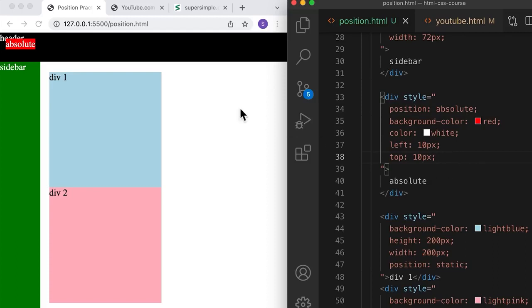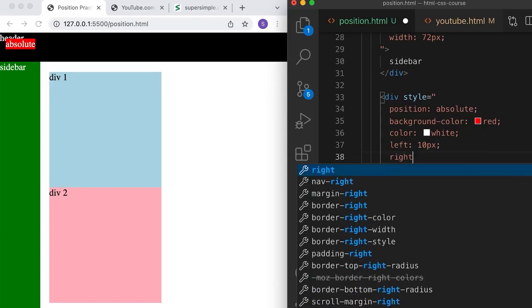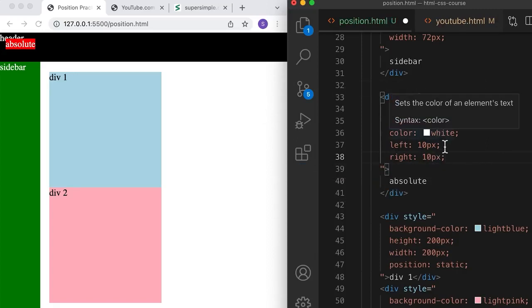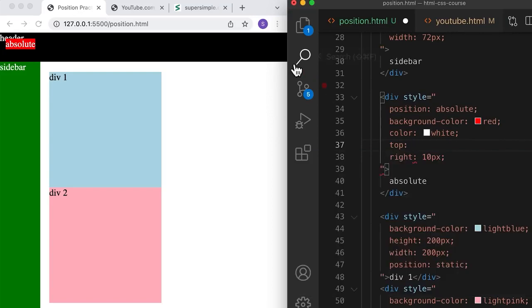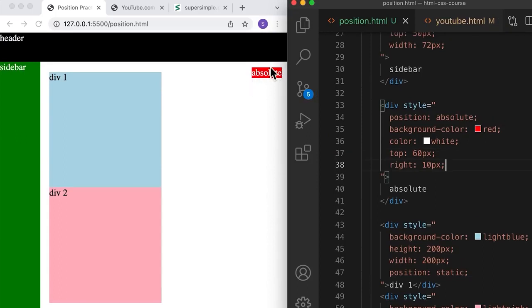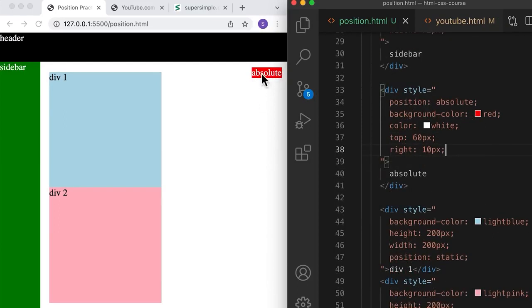So for example, if I wanted to put this absolute element in the top right corner here on our page, we can do something like right, and we'll put it 10 pixels from the right, and then top, we can put it maybe 60 pixels from the top. So 60. Save it, and we scroll all the way up, and that's how we place an element on a precise location on our page like this. And because it's on our page, when we scroll, the page will move up, and this absolute element will move